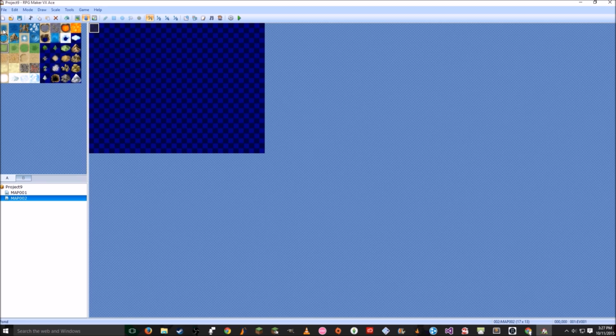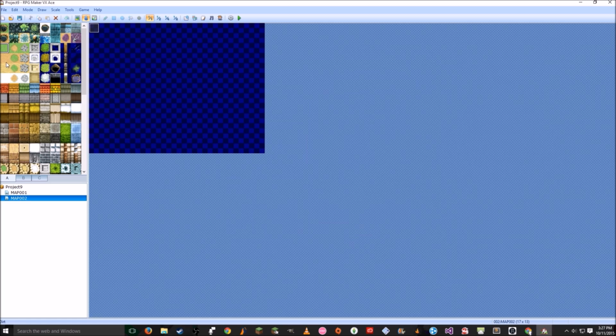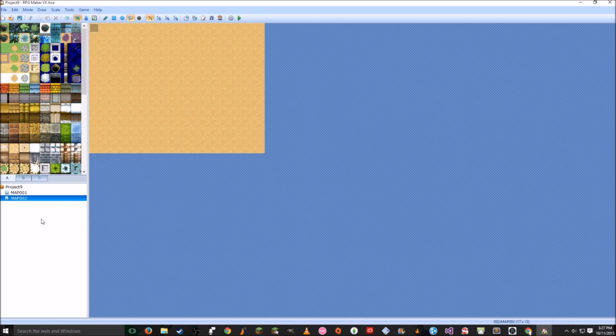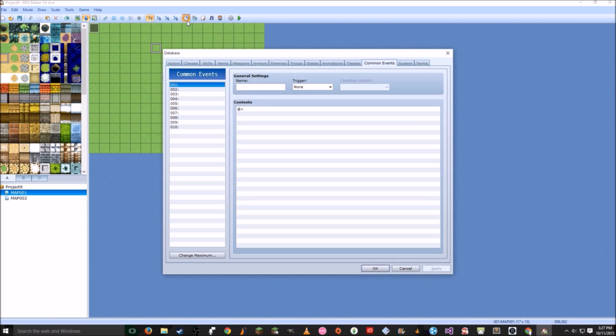So I don't know, we'll pick, I really just don't like the tile set. Exterior. It's going to be desert because, well, why not? It's different, right? Save. Whoop, didn't mean that. Save. Okay, there you go. So this is kind of the thing where as soon as you're outside, the character's outside, it just turns the display clouds on. All right, so as soon as that's done, what you're going to do is go to database